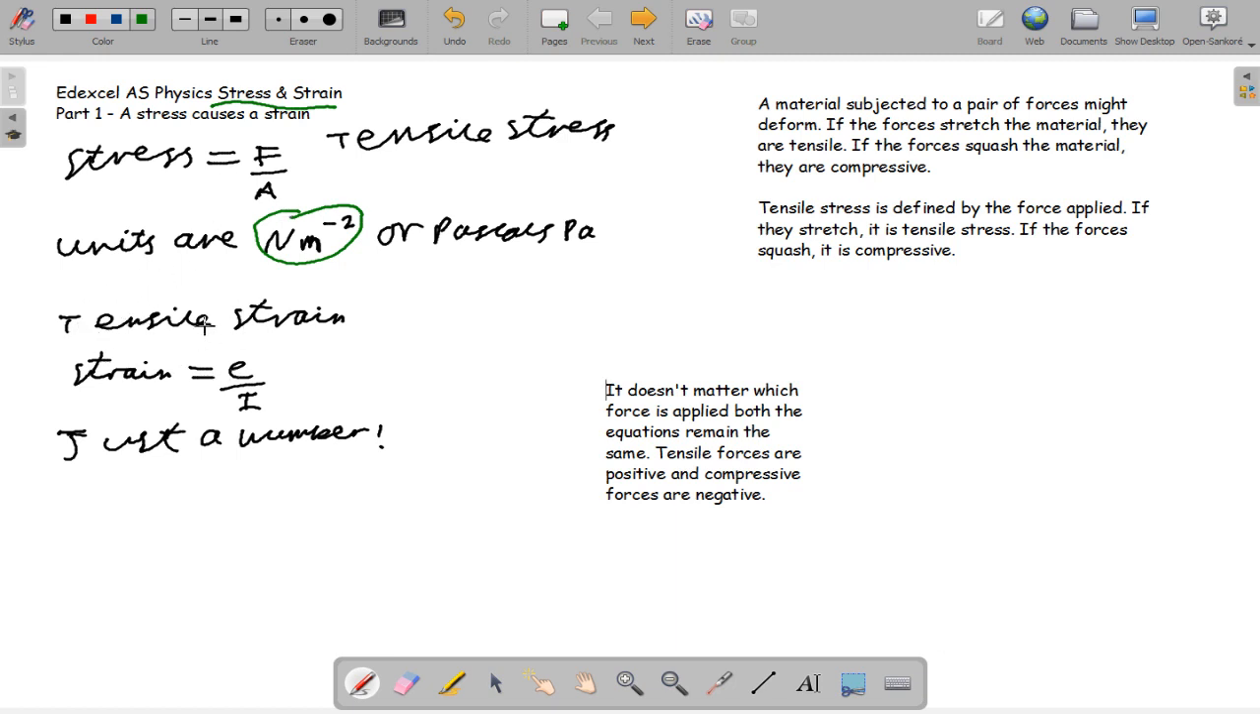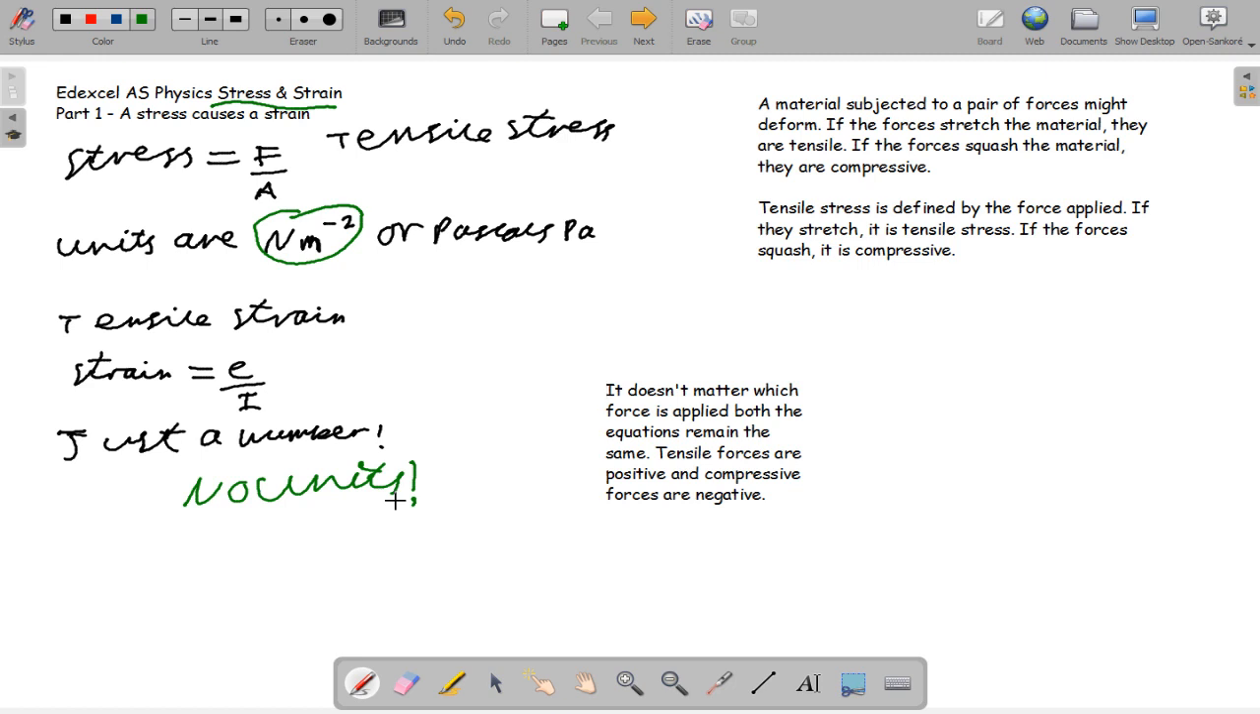Strain also has another way to define it. It can be defined as the change in length, i.e. the extension, divided by the original length of the material. So this is just a number, no units. I hear you cry, no units. So it doesn't matter whether the force producing stress and strain is tensile or compressive, the same